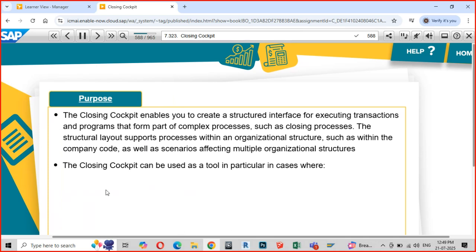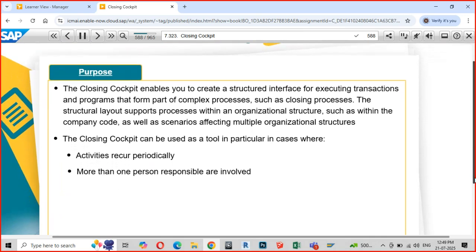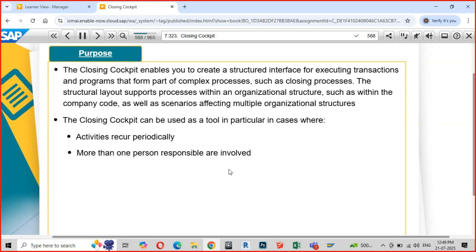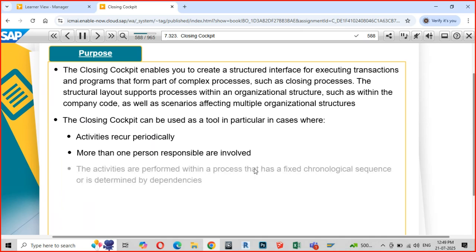So here we have something called a closing cockpit, which is automated. It is a closure activity where more than one person is responsible. It follows a chronological sequence, meaning one activity after another activity.